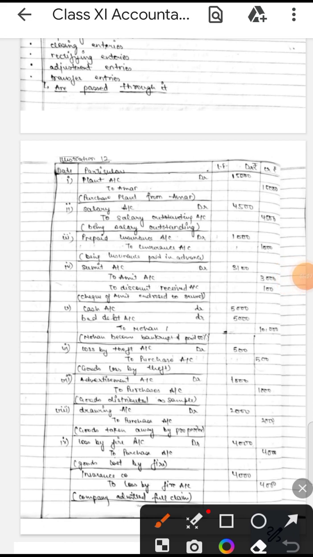Okay, so this is the example of the journal. The crux of this chapter is that the journal is divided into some parts because the transactions are large. Numerous transactions are involved in a firm, so the journal is divided into some parts. These parts are known as subsidiary books. The names of subsidiary books are purchase book, sales book, purchase return book, sales return book, cash book and general proper.